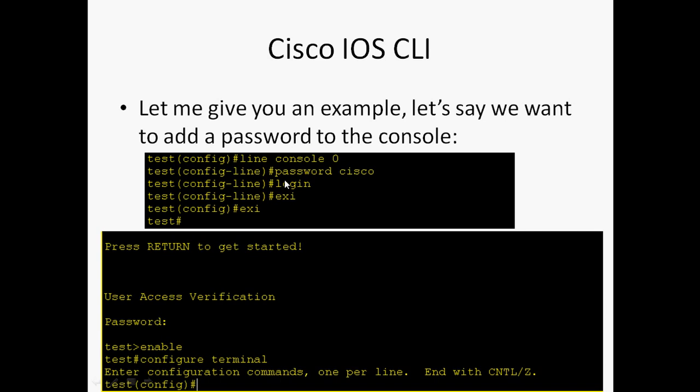Next, login, enter. This login indicates that it has to check the password in the local database. Local database means it checks in the switch configuration itself. We can also use external authentication, like TACACS or RADIUS. Right now I mentioned login, so it will check locally. Then I will exit. Once I give exit, it exits from the sub configuration mode to global mode. From global mode, exit again enters privilege mode. Again exit, and it goes to user mode.